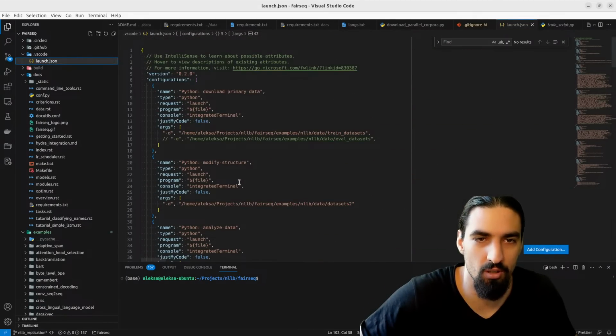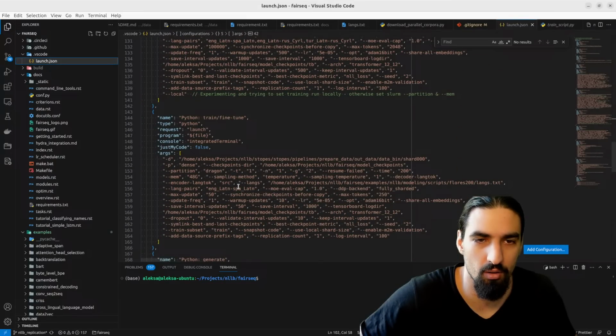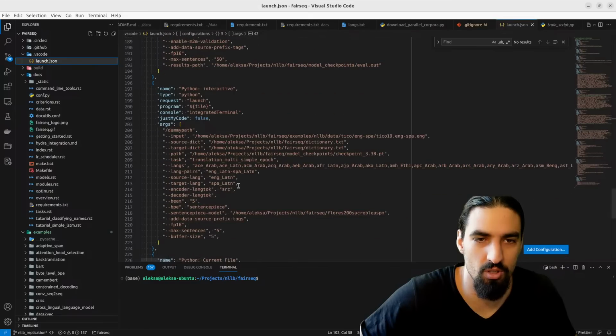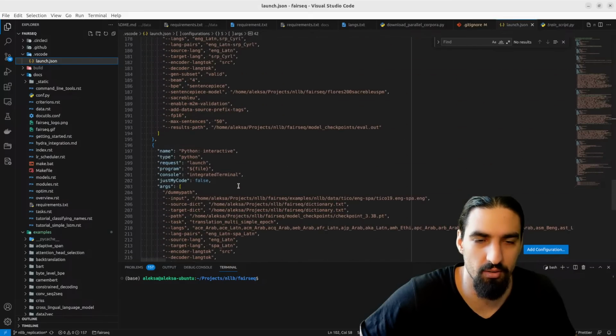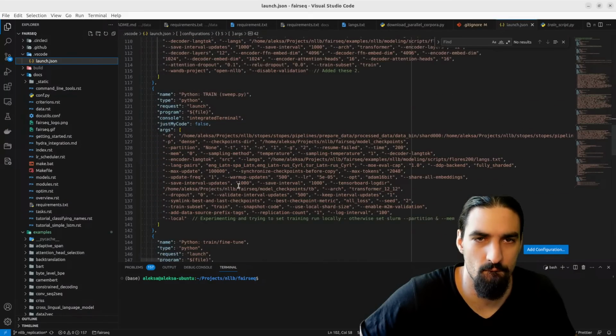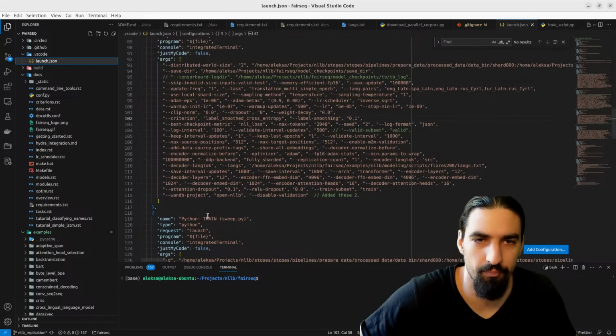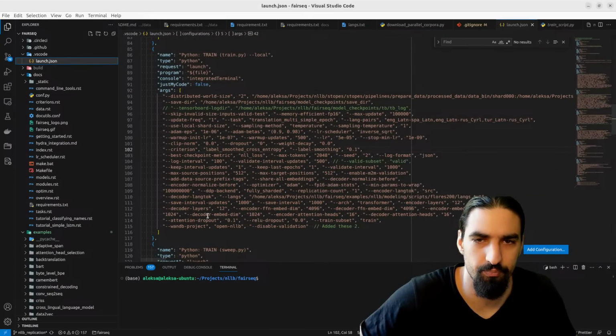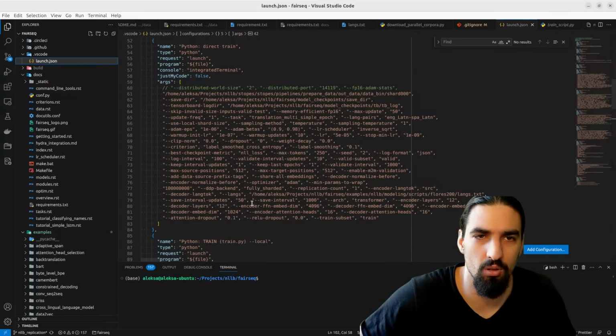Direct train, fine tune, generate, interactive, train for the sweep, train for the local, direct train, okay.